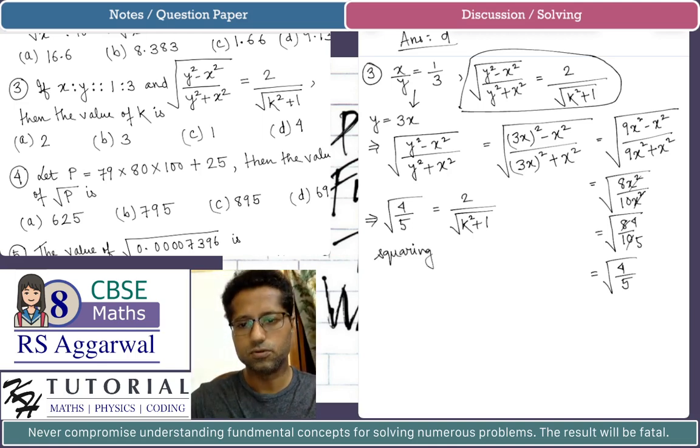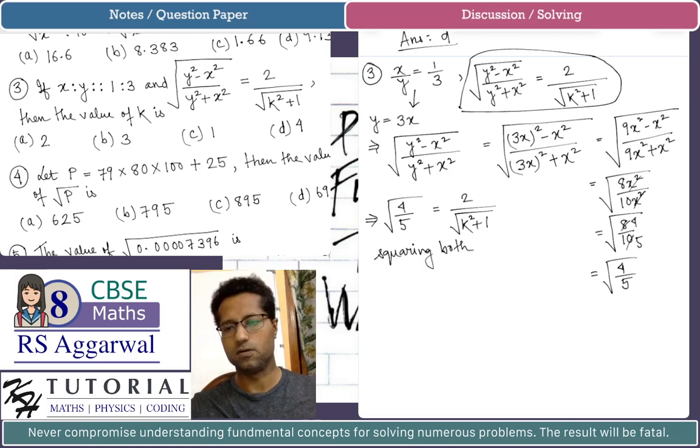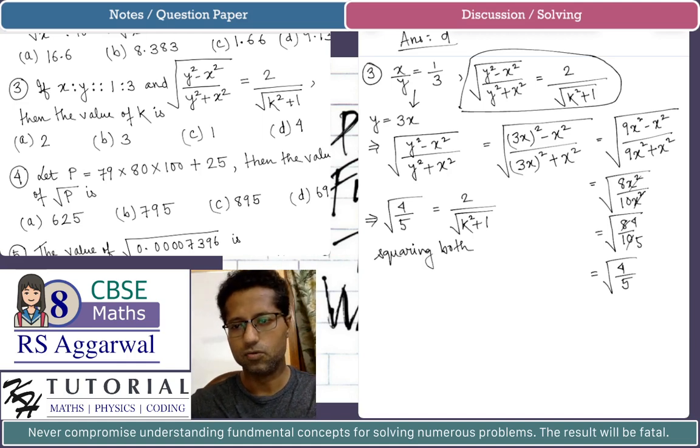Whenever you have this kind of equation where you have a square root on any side, you can always square to get rid of the square roots. Squaring both sides,